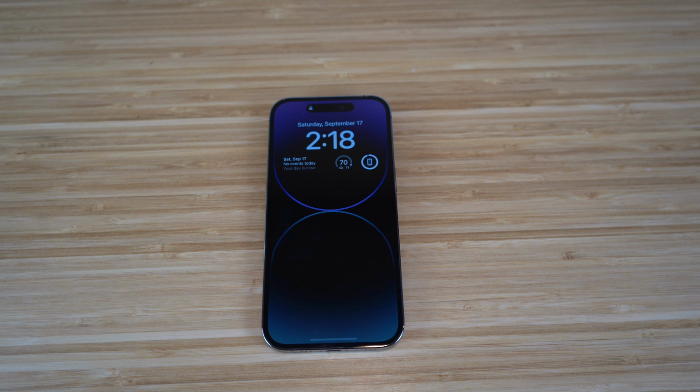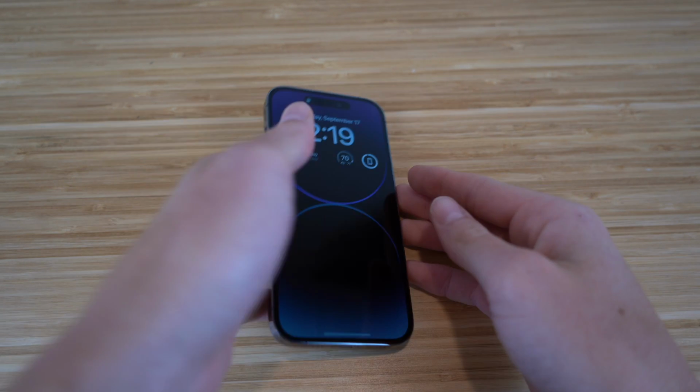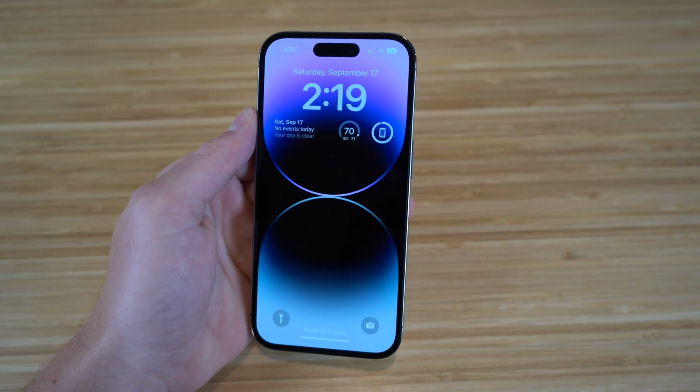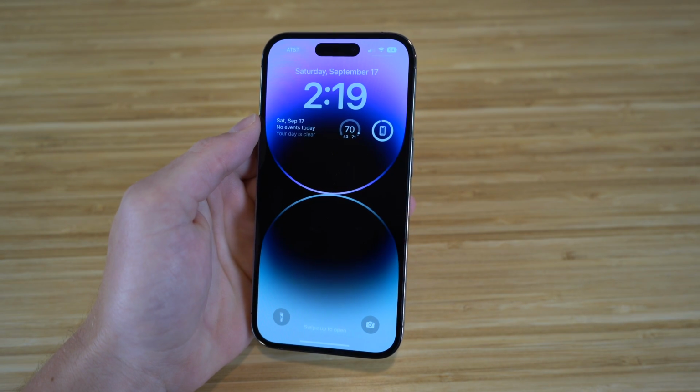Also, a new feature specifically for the iPhone 14 Pro is that the screen's always on display. So instead of your phone screen shutting off, the lock screen will always be glanceable so you can see any updates without having to tap anything at all. It's just going to be darker as you can see right now. But when I pick up my phone like this, you're going to see it starts to get brighter and goes back to that normal display. So this is a brand new feature on the iPhone 14,